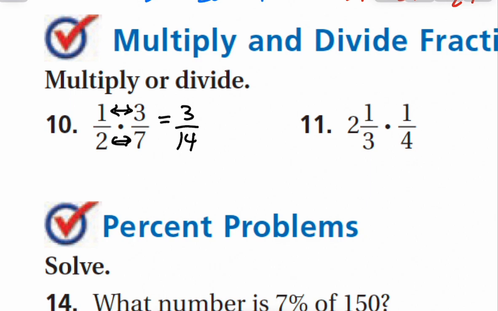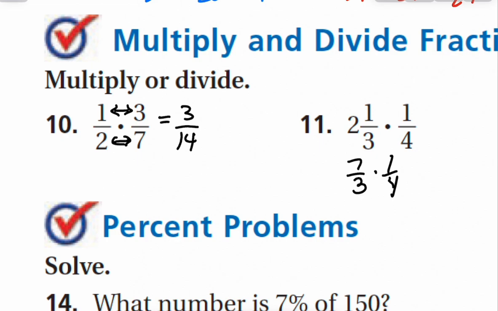So here's what we have to do. We're going to do a trick. We're going to take this mixed number and we're going to change it. Amir, you know how to do that? You want to tell us what to do? Exactly. 2 times 3. He said he multiplies those. He got that 6 and add the 1. Perfect. So we're going to do that first. That's going to become 7 over 3